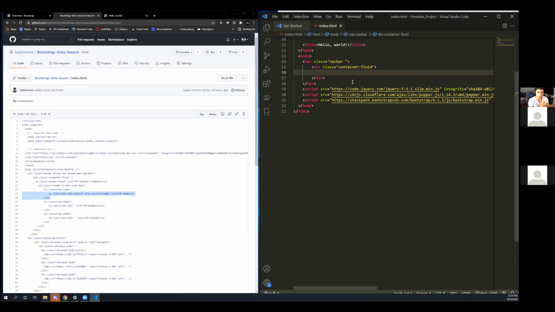When we have a container fluid, what we're saying is that the whole space is to be taken up by this div. All right, we're basically saying display flex direction row, right? All right, so